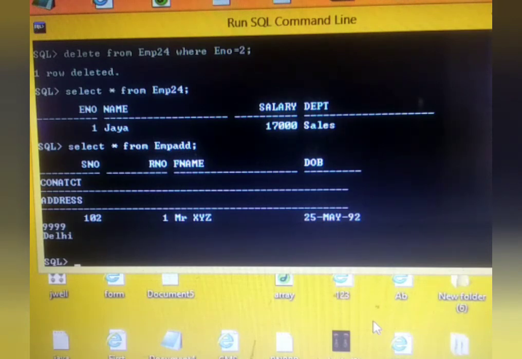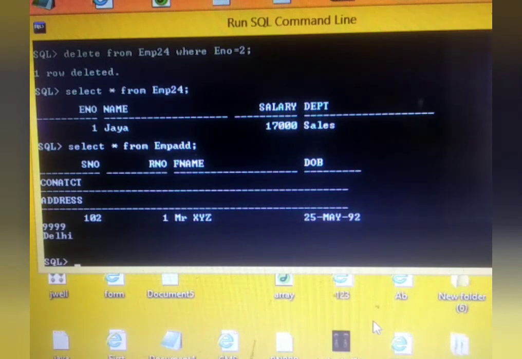Now you can see the employee number 2 has been deleted from the original table because it has no record present in this table. So if you are trying to delete a record from the original table EMP24, which is having employee number as a primary key, it cannot delete the record if that record is present in the second table also.